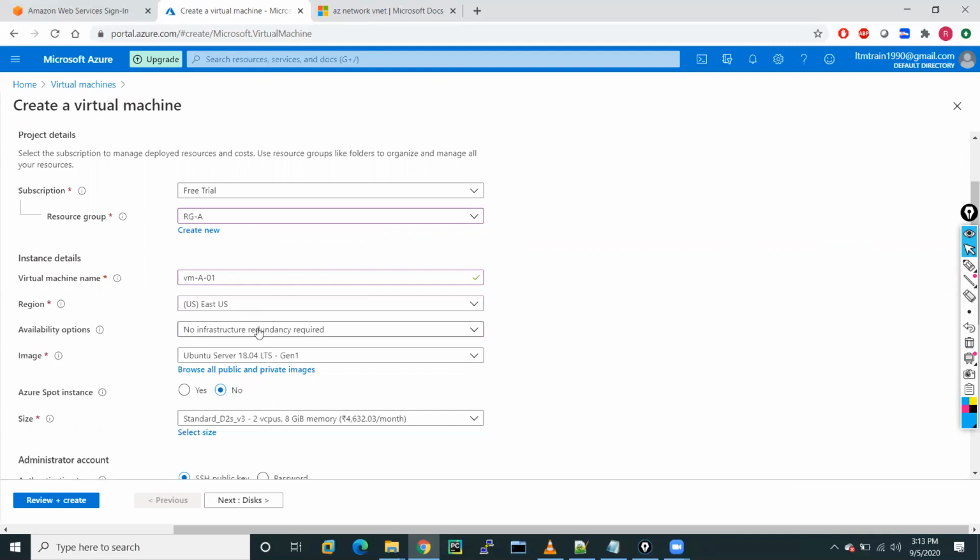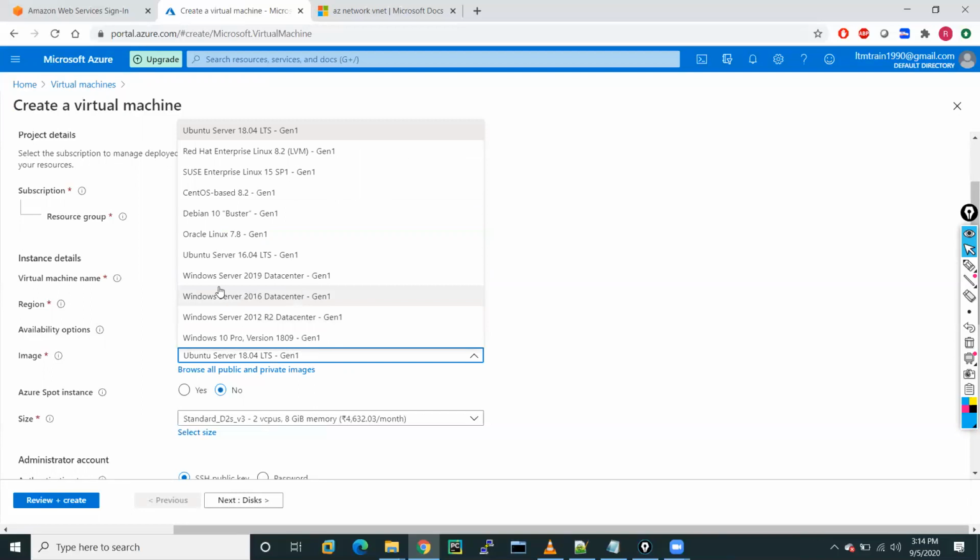For availability option, I will go with the default. From here you can select the image. By default you will get an Ubuntu server, but I will use Windows Server. I will install Windows Server datacenter generation 1. You can use 2019 or 2016, any one which you want.